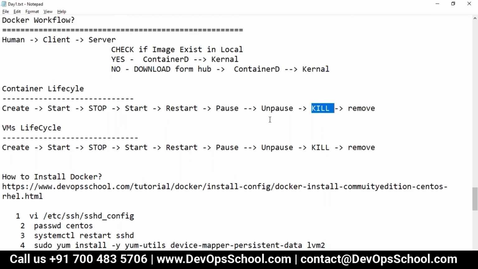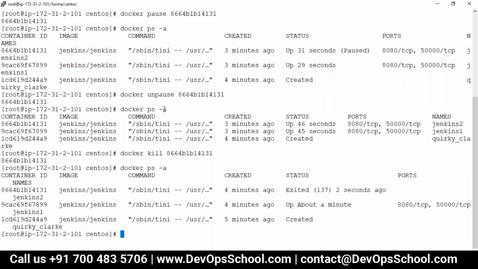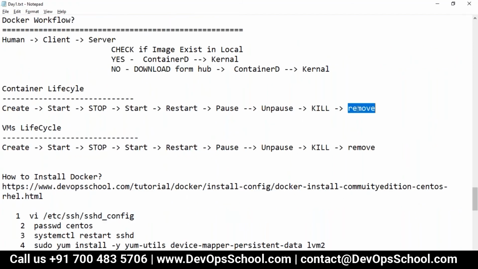Can I finally kill the container? So let me kill the container. And you see 866, I killed it. So the moment I killed it, again it got exited. So stop also gives you the exit status. Kill also gives you the exit status. So stop also basically stops the container. Kill also basically stops the container. But why do we have two different commands? So we'll have some assignments also. You need to figure it out. You need to find out the answer for it and help me with it. Before that, pause, unpause, kill, and then finally remove.